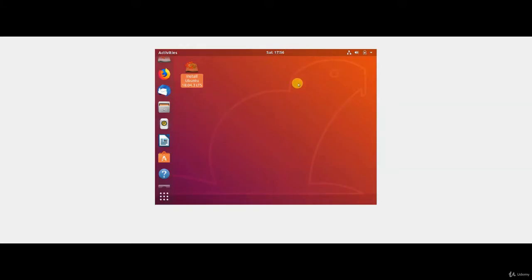Welcome back. So in the previous session I showed you how to use this Try Ubuntu feature, right? But now I don't recommend you try Ubuntu. You should install it, because during installation you will see so many things. You will come across internal, OS-level things. So this is one way you can do it.